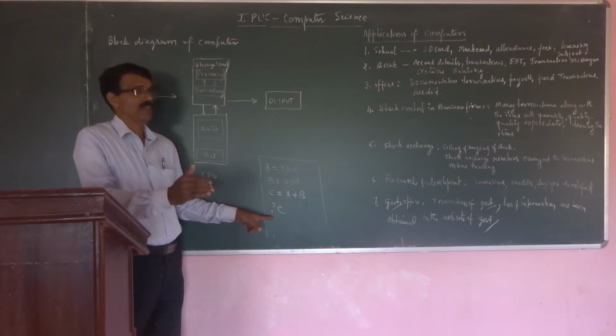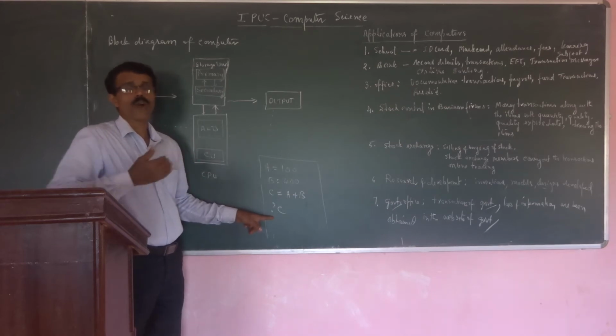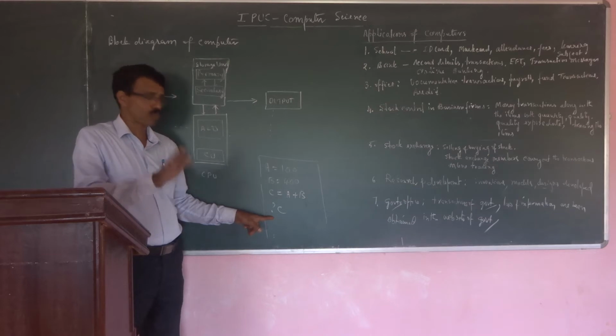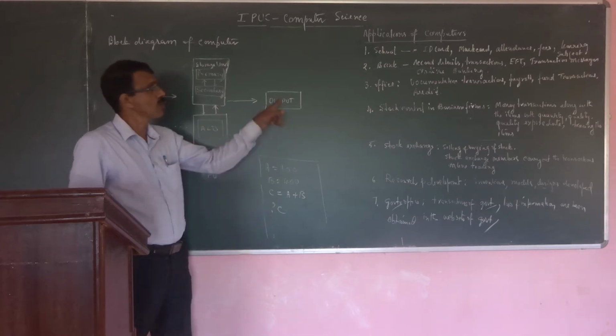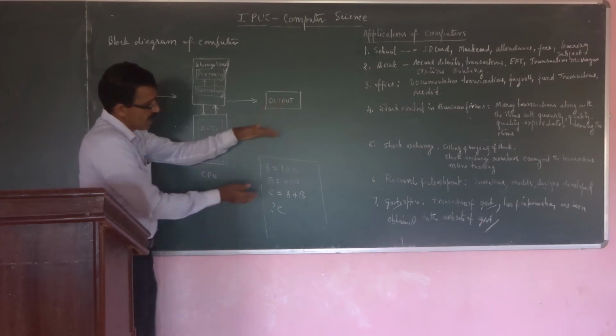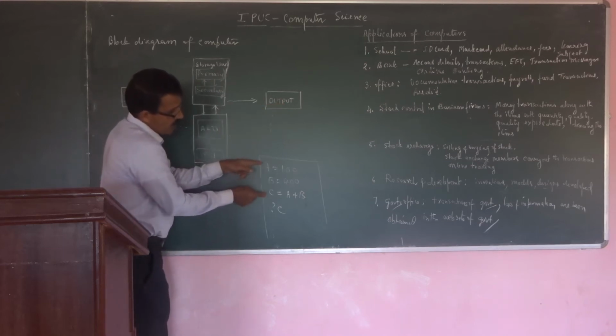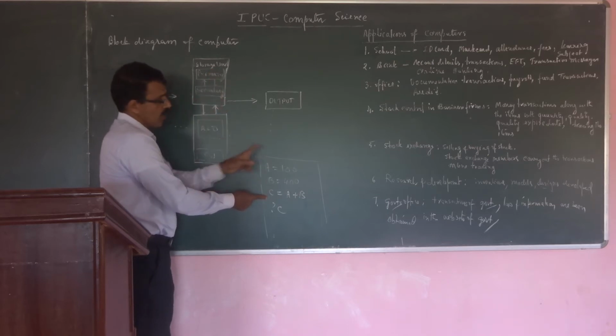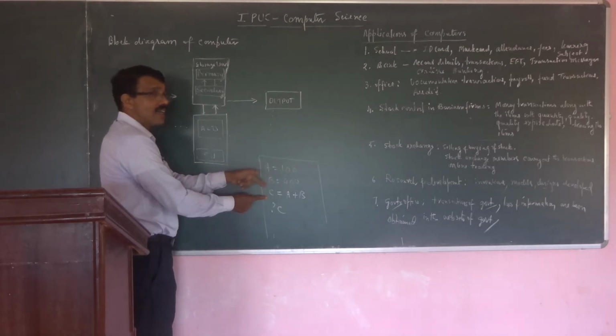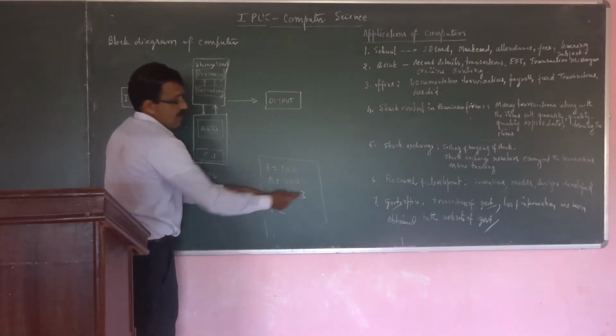If you ask the system, what about C? I want to display the value of C. So it displays the value of C through the output device. That means from here to here it uses the central processing unit in order to capture the value of A, in order to capture the value of B, and after making a certain